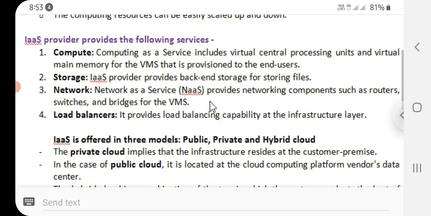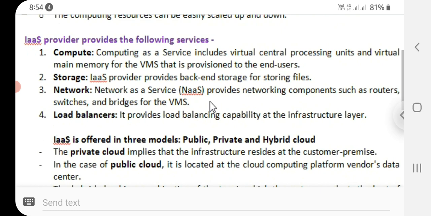The IaaS provider provides the following services. One is compute. Compute as a service includes virtual central processing units and virtual main memory for the VMs that are provisioned to the end users.